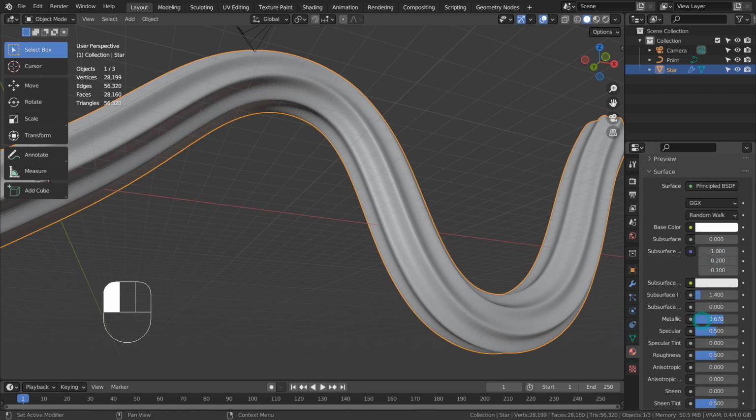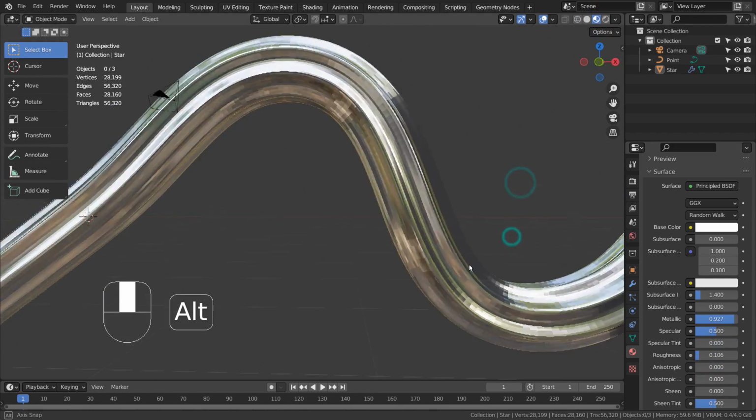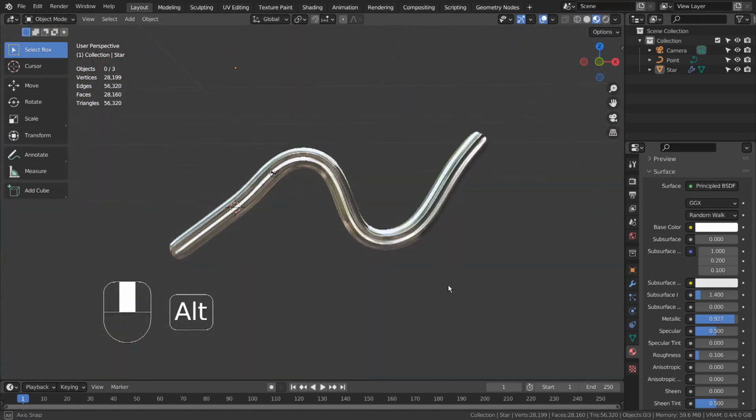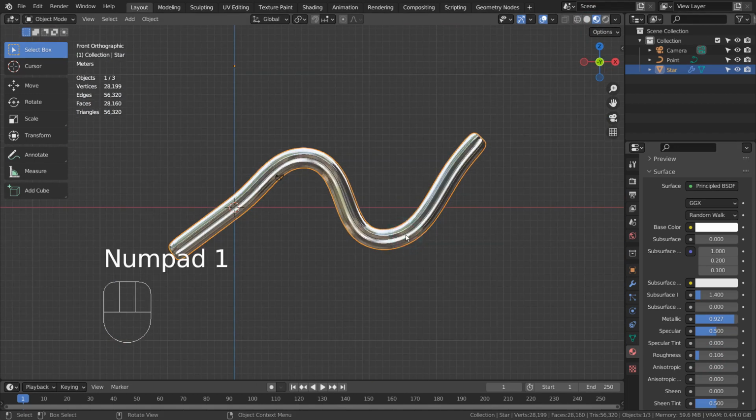I'll add a metallic material. We need to duplicate them by using a Shift-D shortcut.